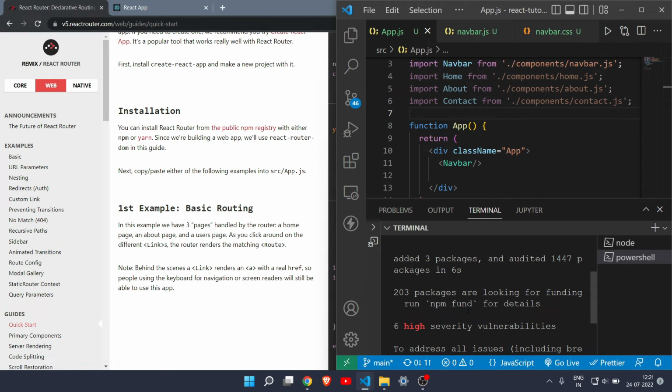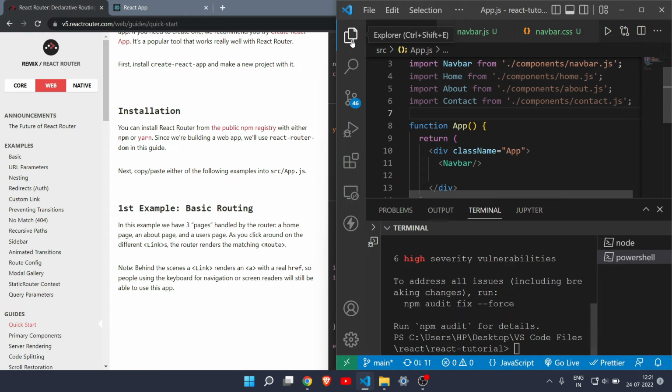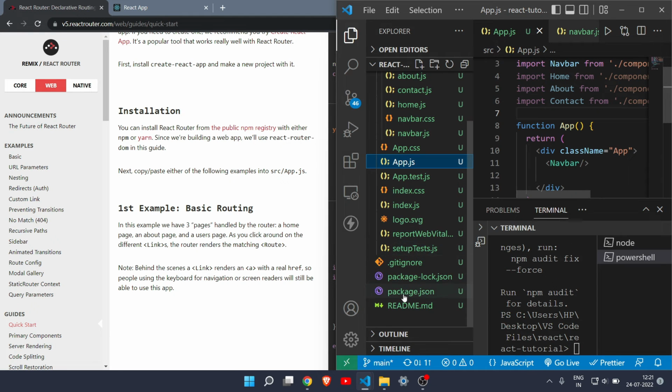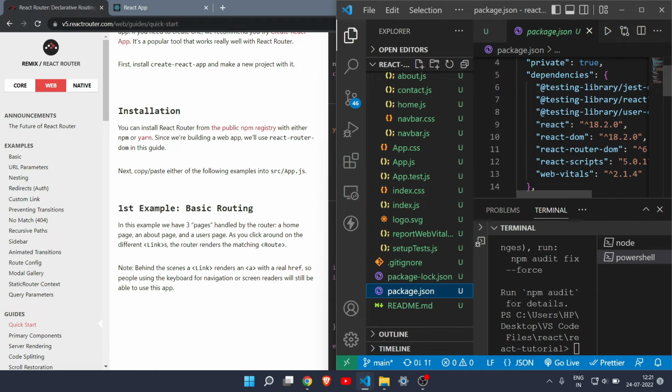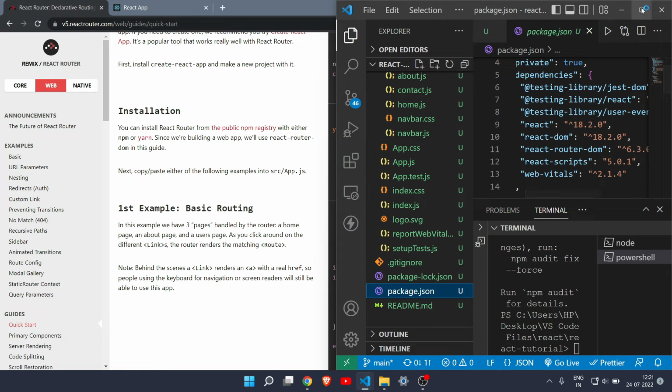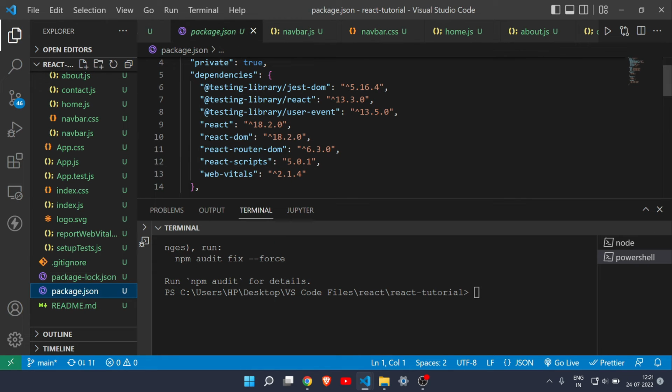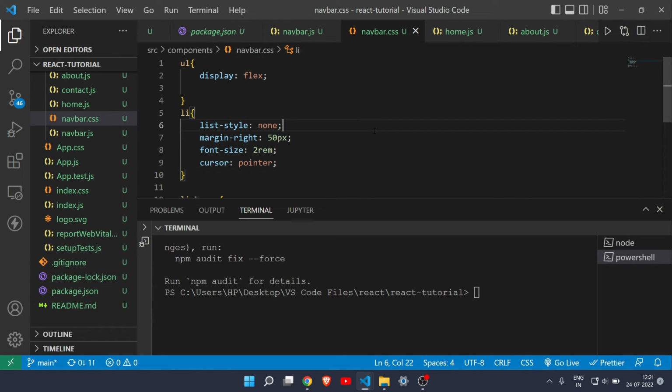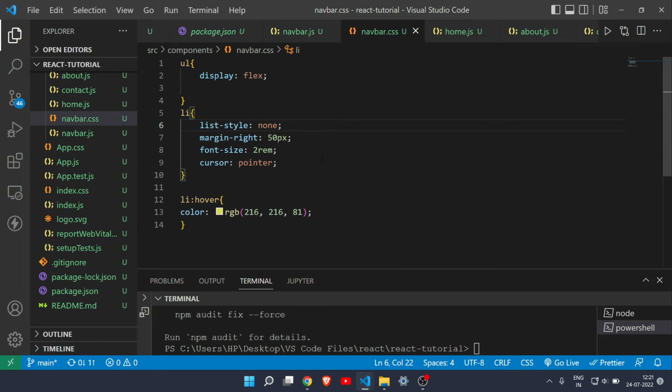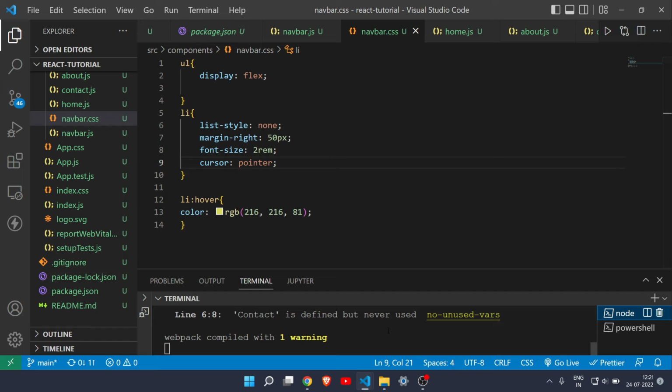and let me take a look in the package.json, and as you can see here, we have React router DOM. Okay, and this is a version 6.3.0. Okay, so now we have installed React router. Okay, all right,